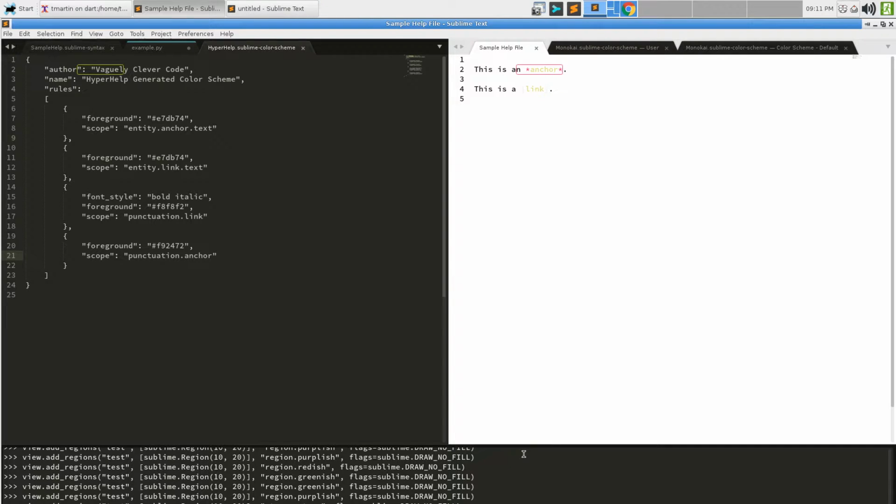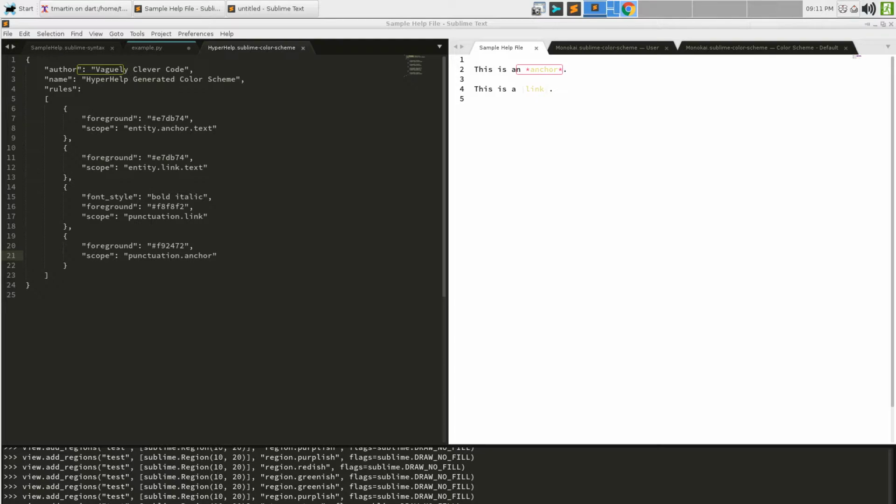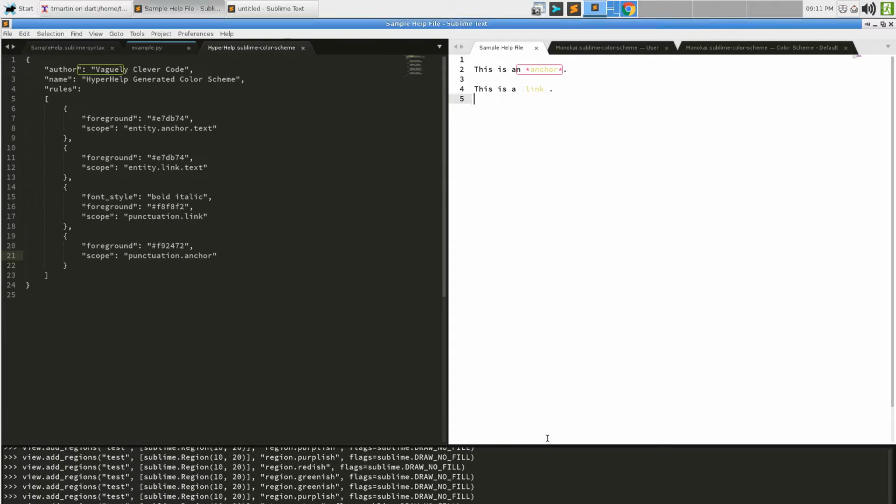And I'm going to be unhappy that I did that because I'm not 100% sure on how you get rid of regions. Is it clear regions? It's erase regions. It's erase regions. Test. There we go. We'll go ahead and do that over in this one too so we don't go too crazy.